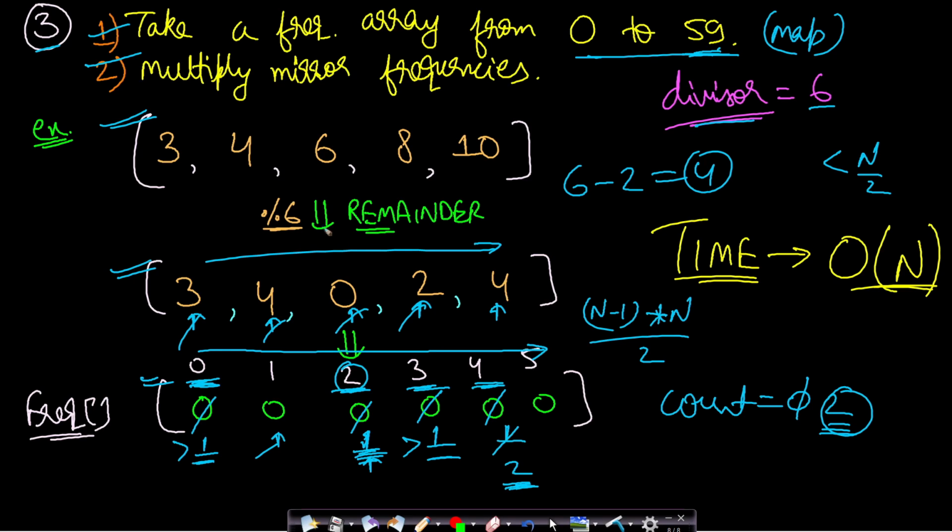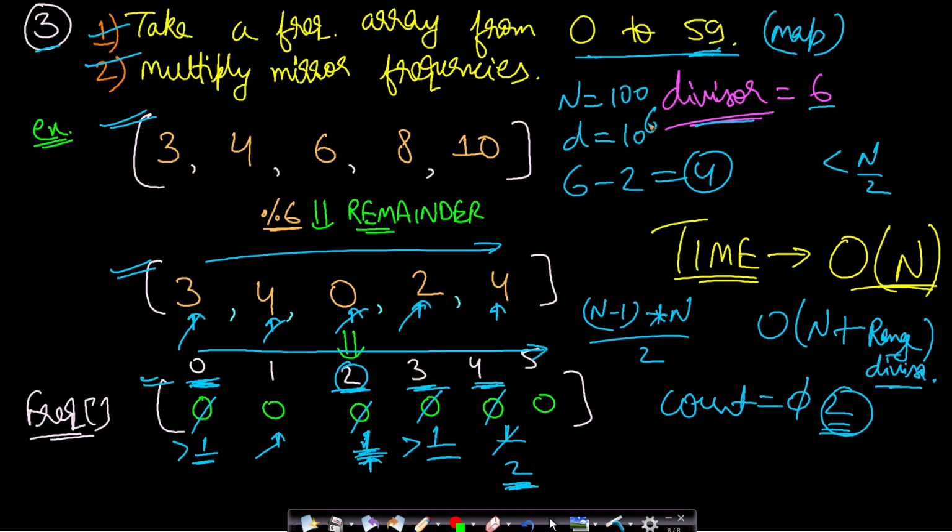Now what will be the time complexity? It will be equals to the number of elements, that is the size of the array, which is order of n plus you are basically parsing through this entire range, so your divisor. So let's say it is range. Range is your basically divisor, right? So it depends. If you have a large divisor, then you cannot take this much of space, and it will also not be feasible. If the number of elements are, let's say, just 100 and your divisor range is, let's say, 10 to the power 6, then it is not feasible to take a very large array. Instead, you can use the map approach.